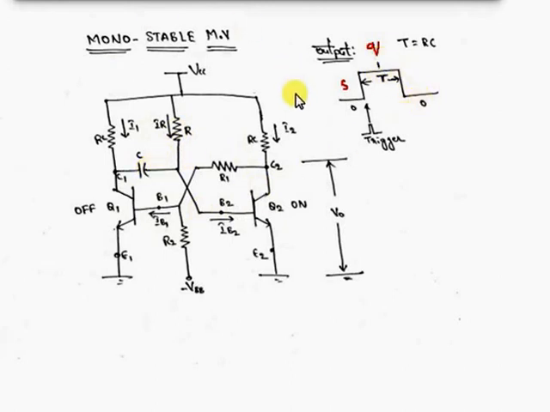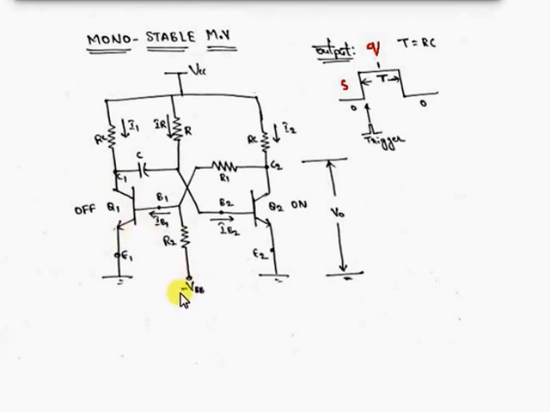Now coming to the circuit. Here both transistors Q1 and Q2 are identical transistors. These resistors RC are connected to VCC. We can also call them load resistances. One of the transistors is AC coupled by the capacitor and the other is DC coupled by the resistor. See here, the negative power supply VBB is connected to the base of Q1 through a resistor R2. This is an NPN transistor.